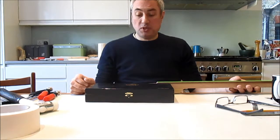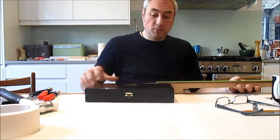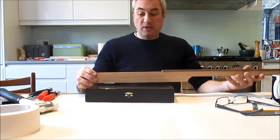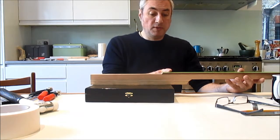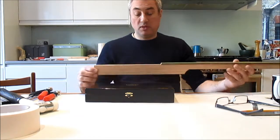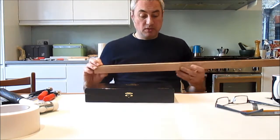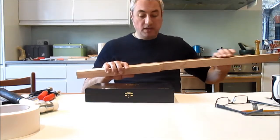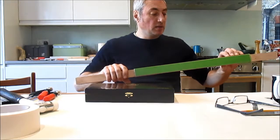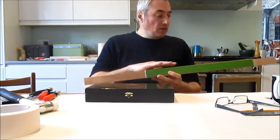Actually, if you follow the instructions from Chickenbone John, you cut out the hole in the box first, and then you fit this, and then effectively you know how much of the fretboard to cut off, and then you glue the fretboard on, which is another way of doing it. Personally, I would do it this way because I'm going to have to plane this down, and then I'm going to have to sand it down. I'm going to put the side dots in,